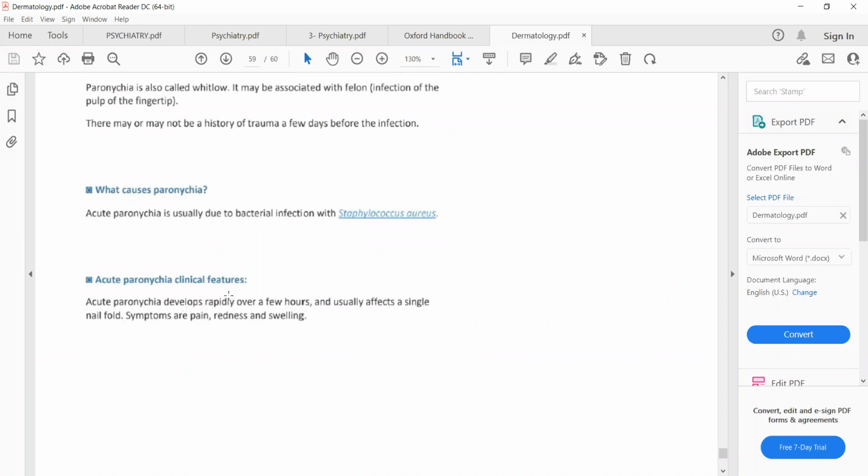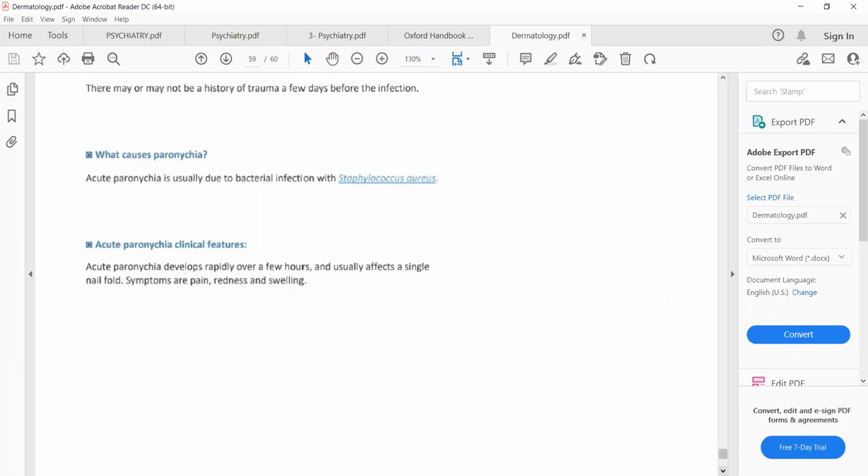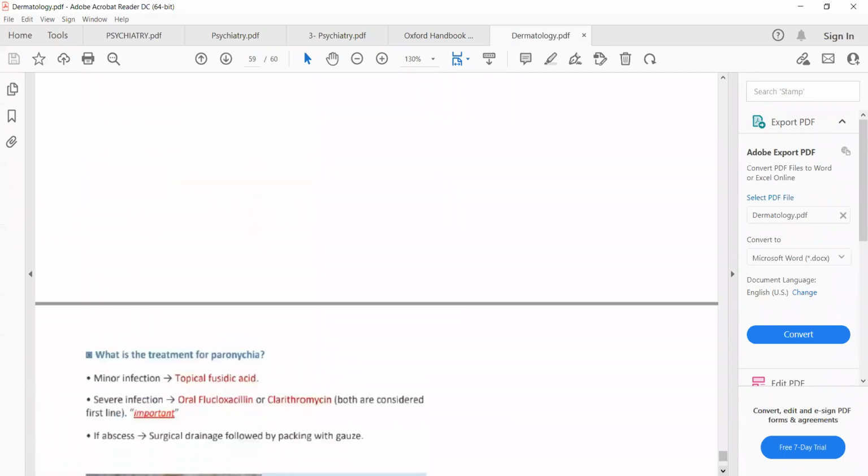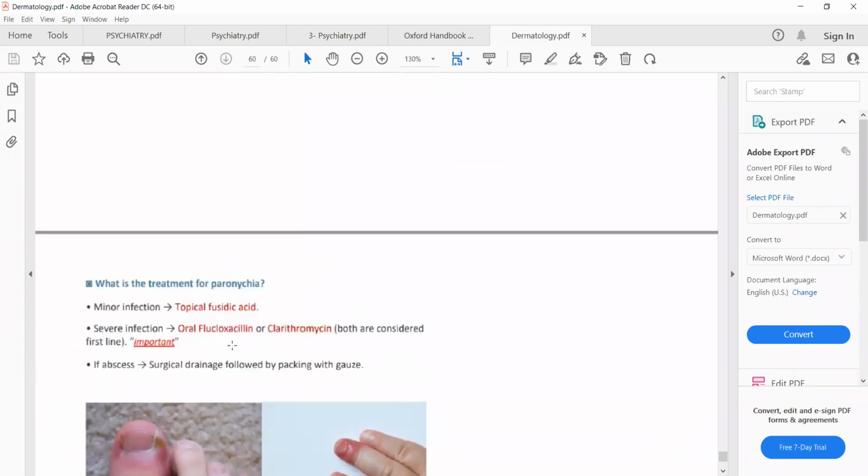What are the features of acute paronychia? Paronychia develops rapidly over a few hours and usually affects a single nail fold. There will be pain, redness, and swelling of the skin around the nail. For minor infection, topical fusidic acid can be used. For severe infection,